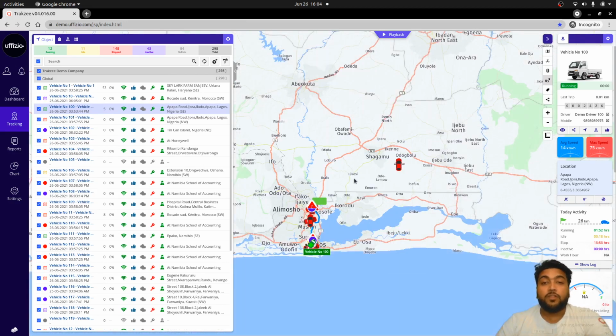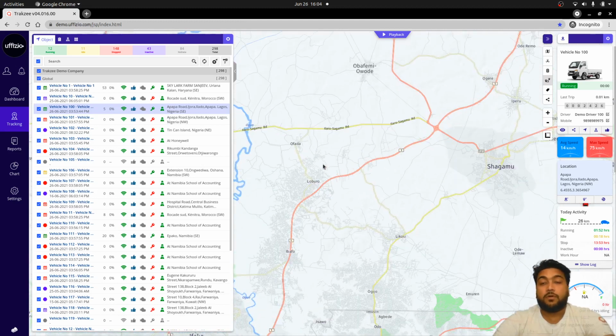So based on all these features, we have put the information into different sessions as well. That is, each feature has been explained in detail in the other session. So you can view that for the detailed information of this feature. So this is how the features of the live tracking screen are available in the software.